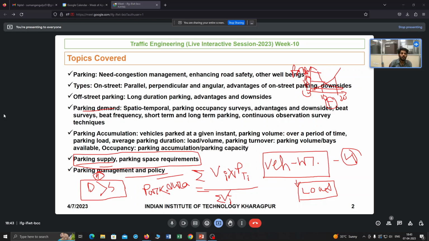So there could be 2 or 3 scenarios that may occur. The first scenario could be that people are not actually using their private vehicles, so maybe they are using buses, metros, and so on. So this parking policy can be used as a demand management tool also, right? You are reducing the demand of vehicles on the road by increasing your parking fees.